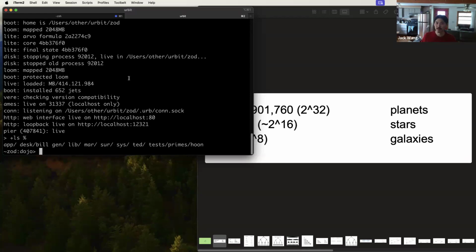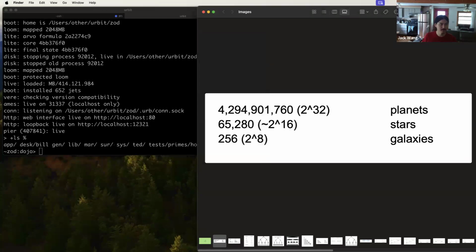However, now let's go to our file explorer on our earthly computer. So